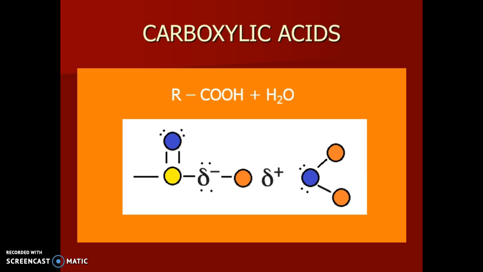On the carboxylic acid side, the oxygen that's connected to the hydrogen is very electronegative, and therefore gives the molecule a partially negative charge in that zone, creating an area that is partially electropositive for that hydrogen. So there's a natural attraction between the oxygen of the water and the hydrogen from a carboxylic acid. In fact, it's so strong that it forms a